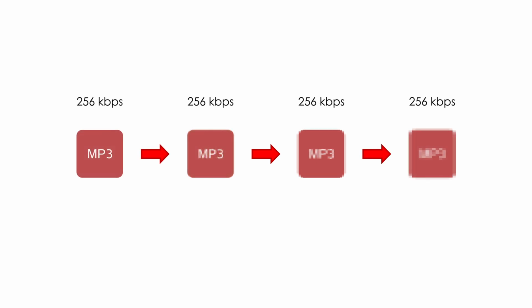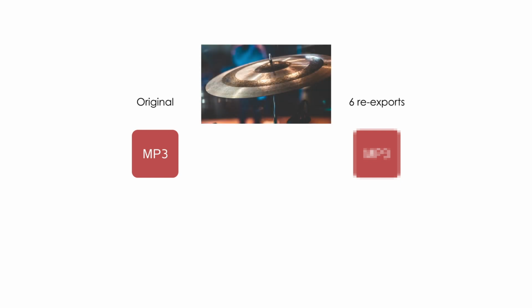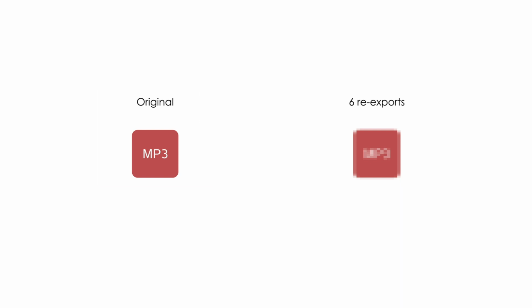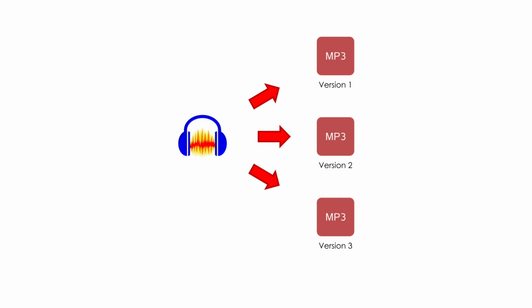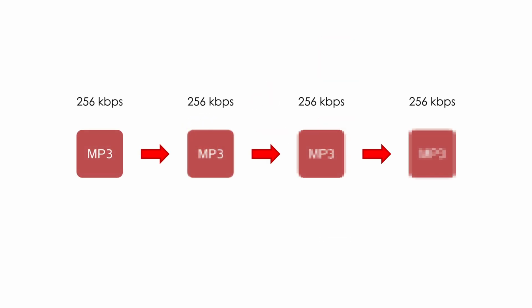The other problem is when an MP3 is re-exported many times in a row. Compression is cumulative, so after a few re-exports, the audio can degrade considerably, even if you started with a high-quality MP3. For this example, pay attention to the symbol at the beginning of each clip. To avoid this, it is best to make new edits on the original audio and export new versions from that audio, instead of reloading the MP3 and adding more compression on each export.